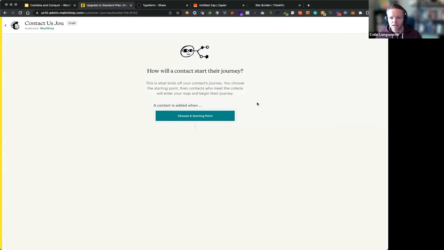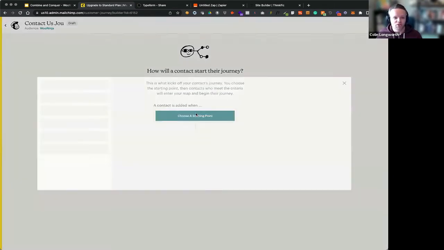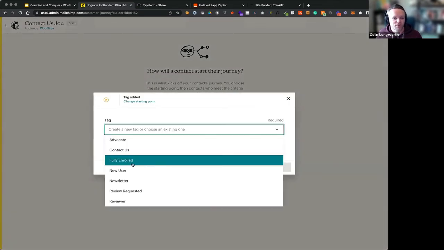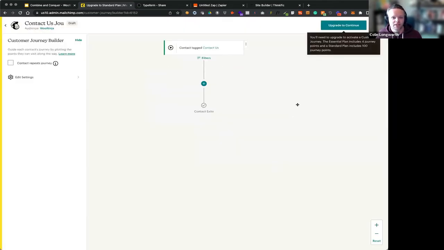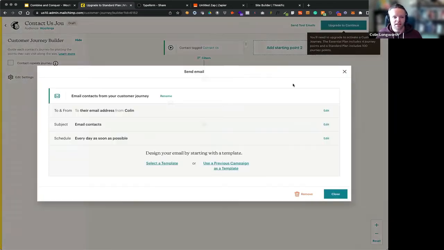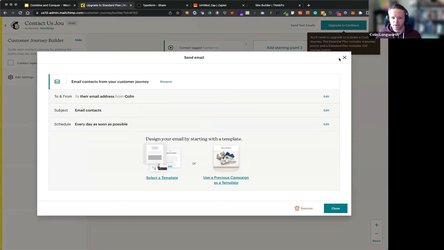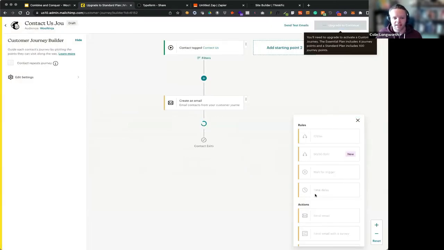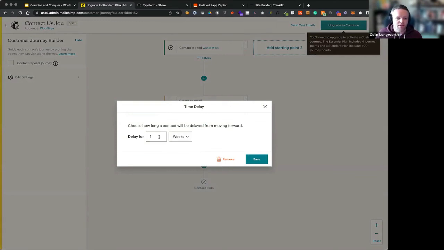We'll start building. MailChimp has a wonderful way of building out journeys, very similar to Zapier. We choose a starting point. It's going to be when a tag is added. That tag is going to be when they contact us. We'll save. We'll add a journey point. That's going to be to send an email, and that particular email is going to be your FAQ email. What I like to do here myself is add in a time delay. For example, I'm going to wait 3 days,